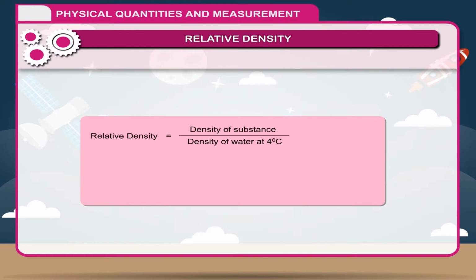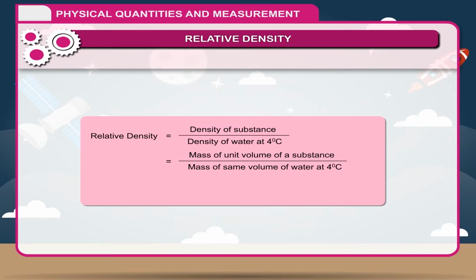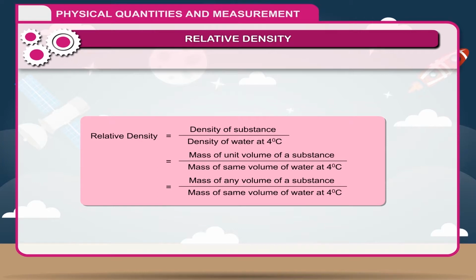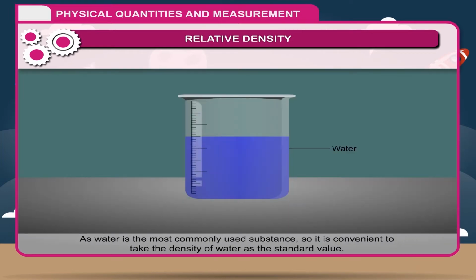Relative density is equal to density of substance divided by density of water at 4 degrees Celsius, which is equal to mass of unit volume of a substance divided by mass of same volume of water at 4 degrees Celsius, which is equal to mass of any volume of a substance divided by mass of same volume of water at 4 degrees Celsius. As water is the most commonly used substance, so it is convenient to take the density of water as